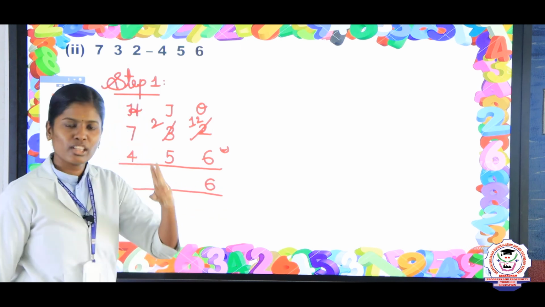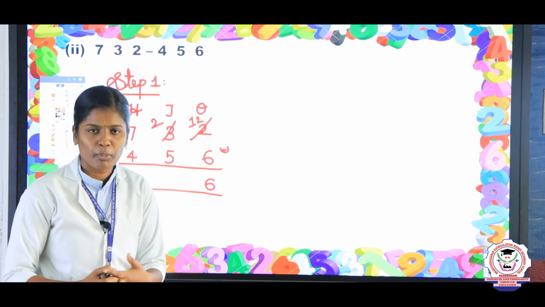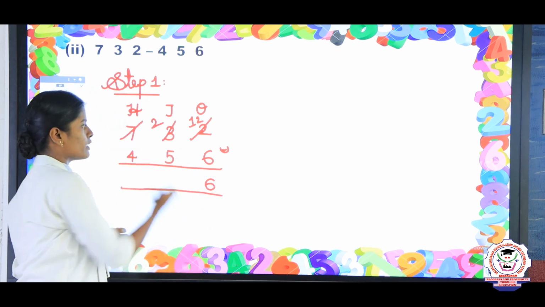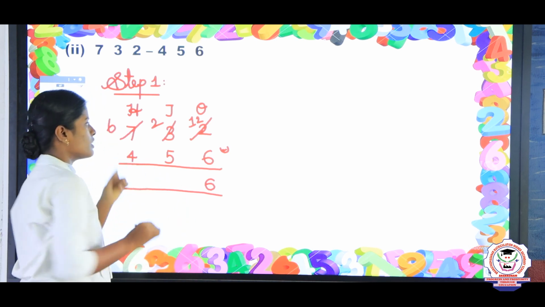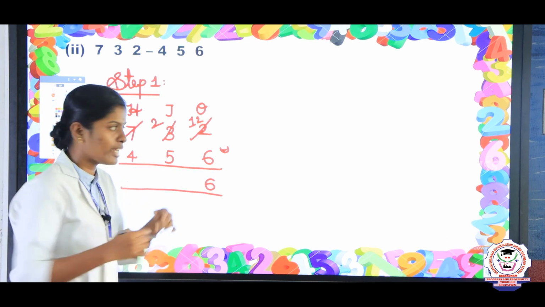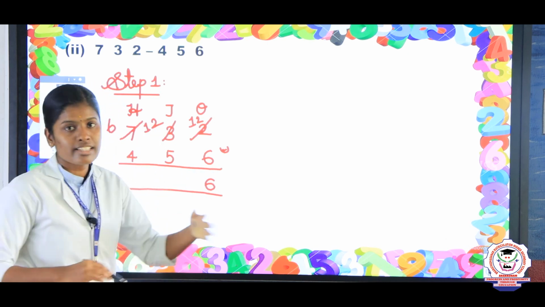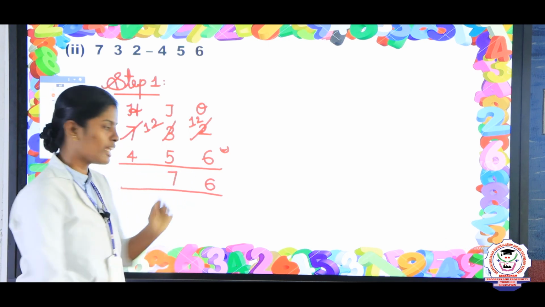Again, you will take the tens place values. Here the tens place values are 2 and 5. So, again it is not possible. We are going to borrow from the hundreds place. So, in this 700 it will change into 600, and in this 2 tens it will change into 12 tens. So, now 12 minus 5, the answer is 7. Write here 7. Next take 6 minus 4, the answer is 2.